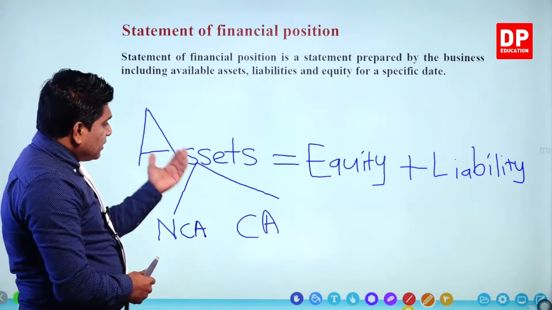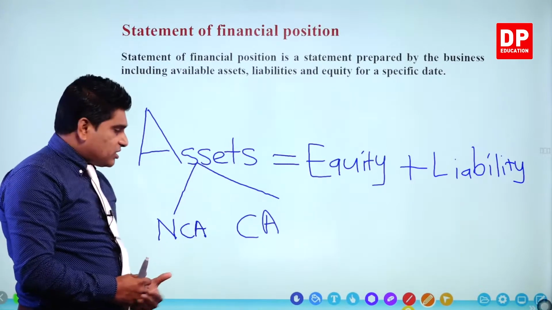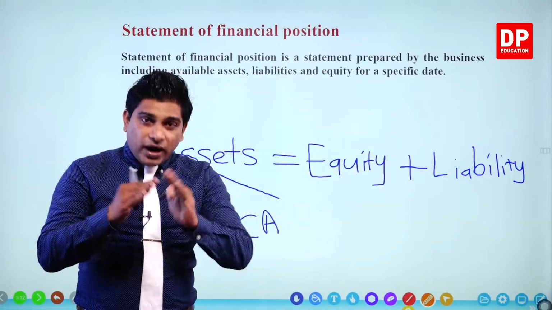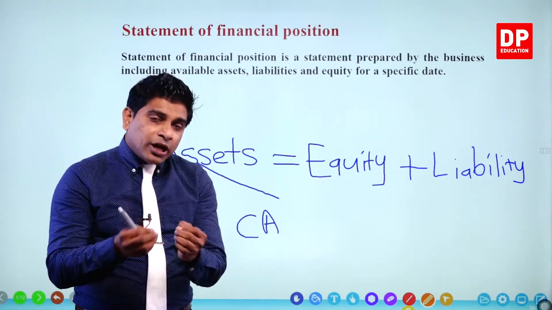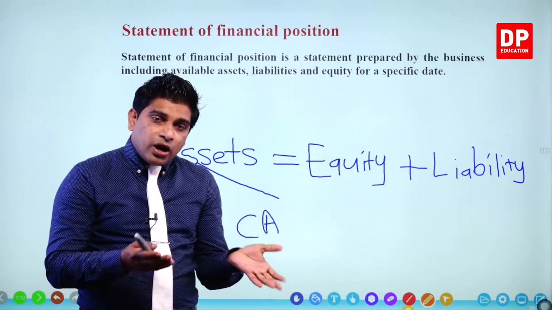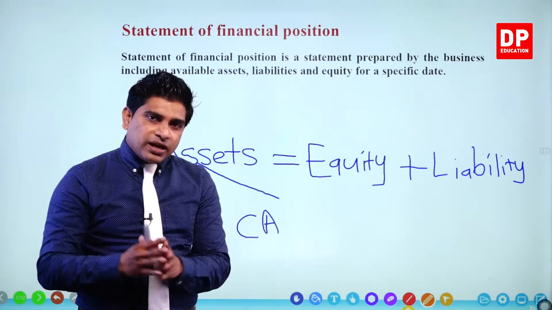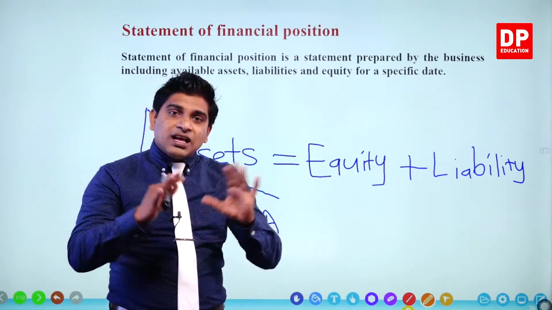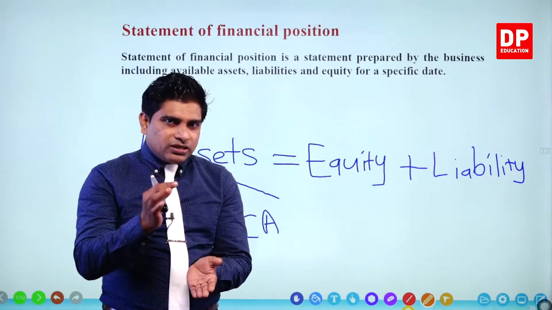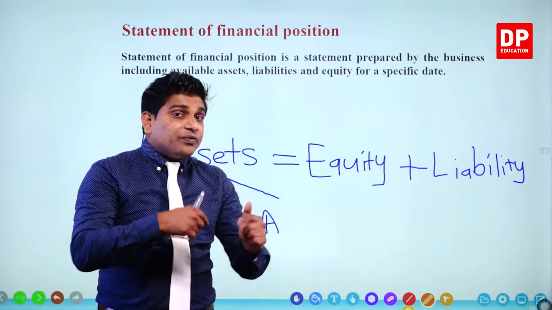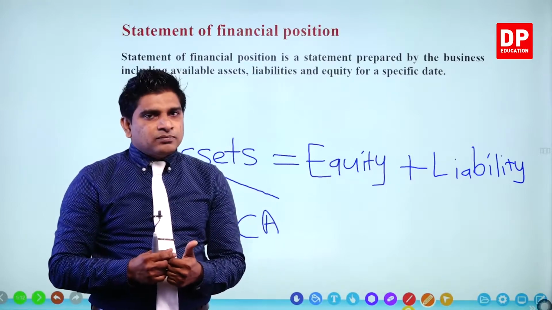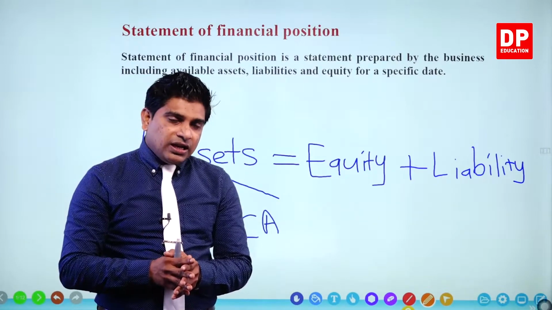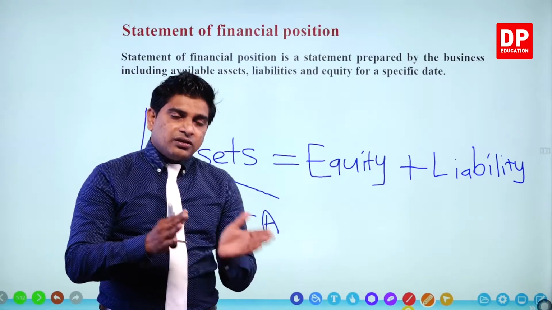This other type of assets is current assets. Current assets are the short-term assets. Within 1 year, 12 months, they are changing from time to time. For example, closing stock. Now you have it, but next time it becomes money. Why? You sold it. Debtors, cash balance, bank balance. These are the current assets. Simply try to understand, because after this slide, I'll explain deeply. We can practice some activities also to understand current assets and non-current assets well.